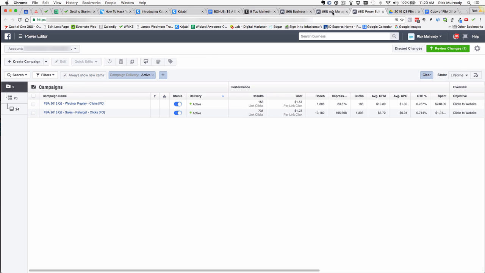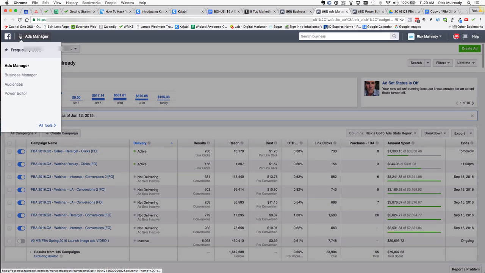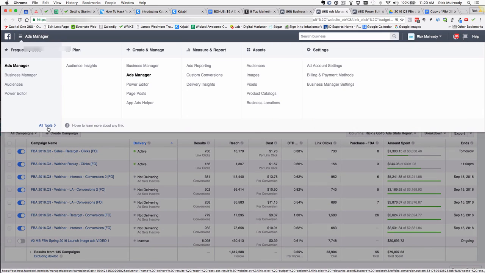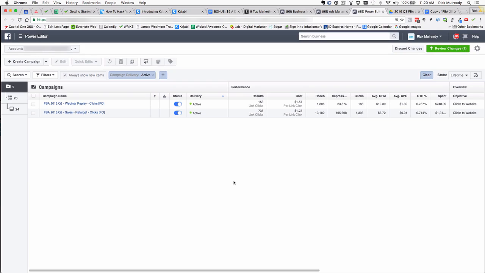In the upper left-hand corner of your business manager, you can click the three little lines to get to the tools, and you will see Power Editor right here, and you can click on that, and it'll take you to Power Editor. Now, the strategy that I'm going to use is very well going to be different from what you're going to do. But for this example that I'm going to set up, my strategy is going to be,